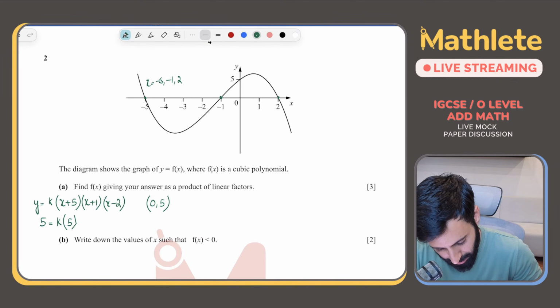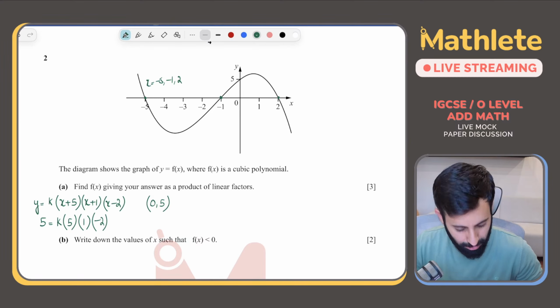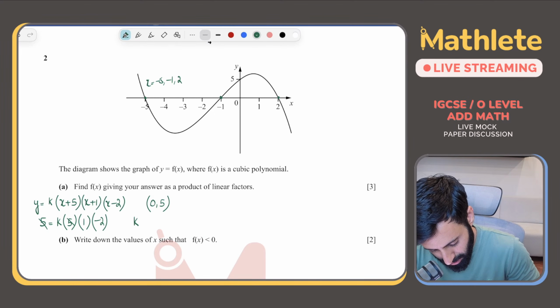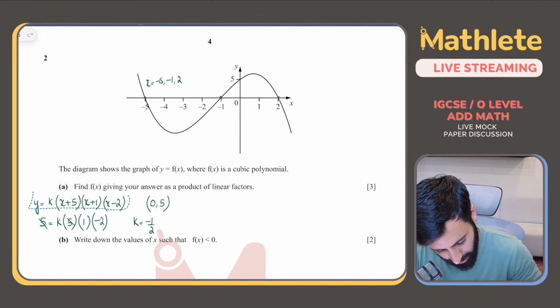That's equal to 5. 0 plus 1, what's that equal to? That's equal to 1. And then 0 minus 2, what's that equal to? That's equal to minus 2. So the value of k, after you do a bit of simplification, k is equal to minus 1 upon 2. So k equals minus 1 upon 2, which means now the entire equation